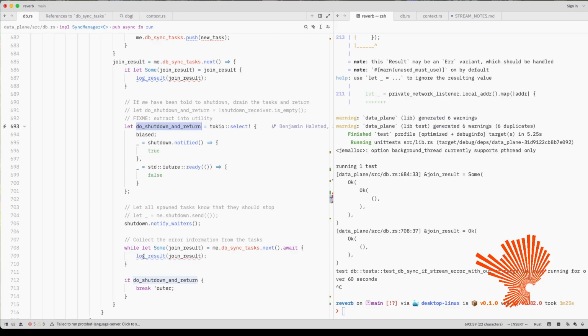Is it recoverable? Is it not? Is it normal? So what are our states here? In one case, we've been asked to shut down. Okay. Another case,